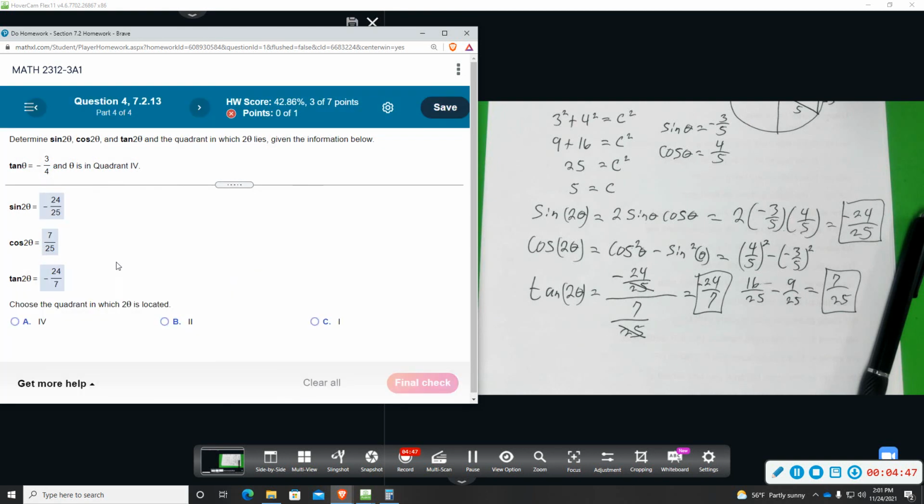Based on the solutions and seeing which value is positive, cosine is positive, so that would put us, all students say cash, in quadrant 4. That would put us back in quadrant